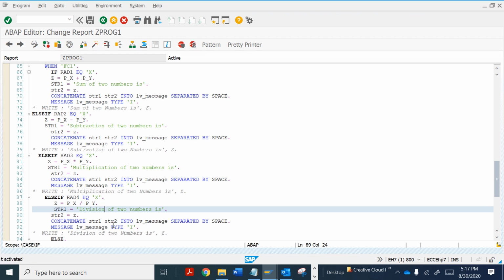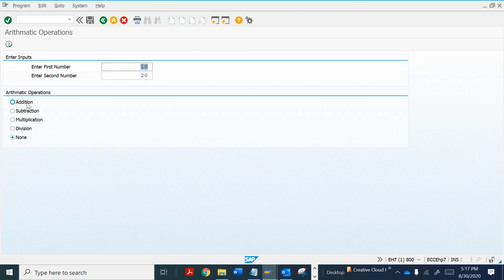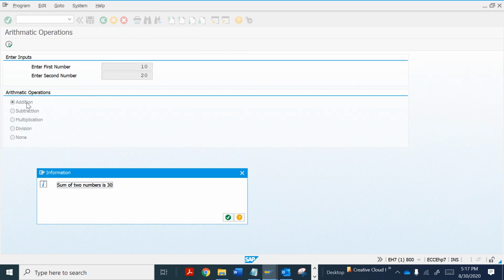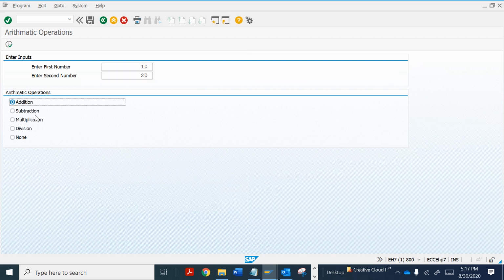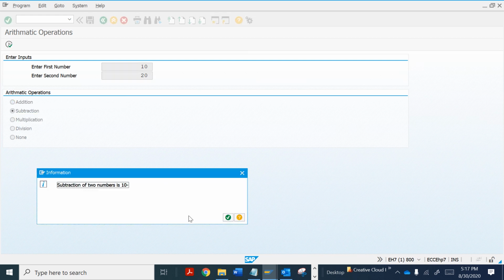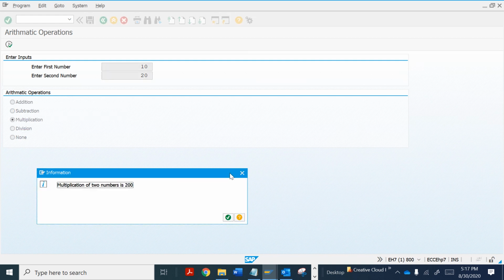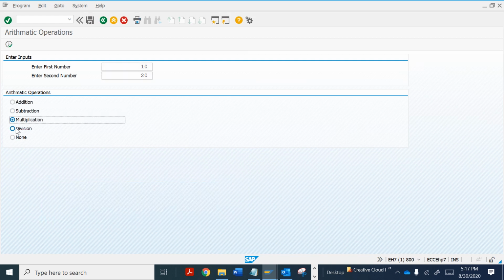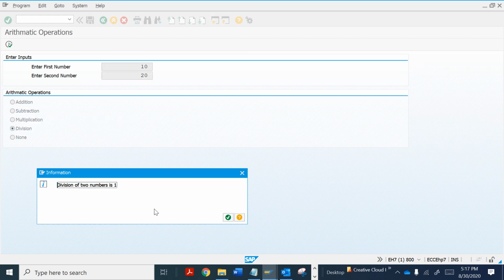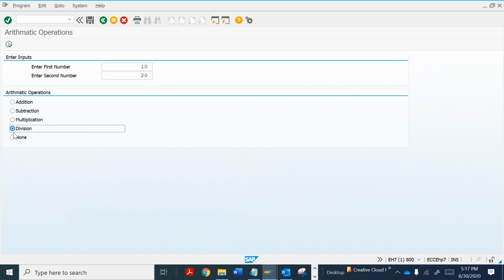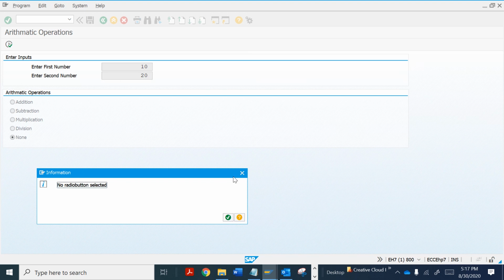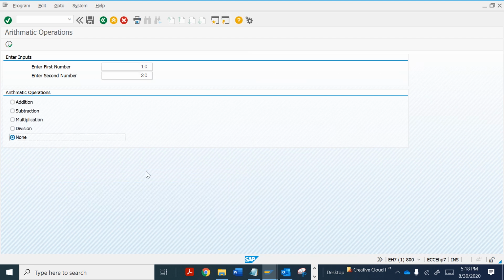Okay, let's check this one by one. We have sum here, and when we talk about subtraction, we have subtraction. We talk about multiplication, we have multiplication 200. We talk about division, we have division. And if I select none, we have the same no radio button selected.